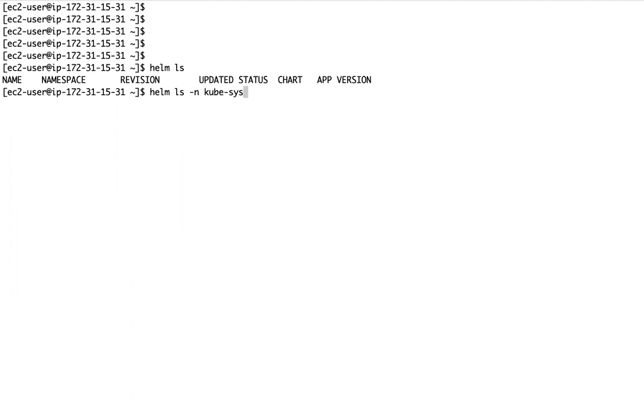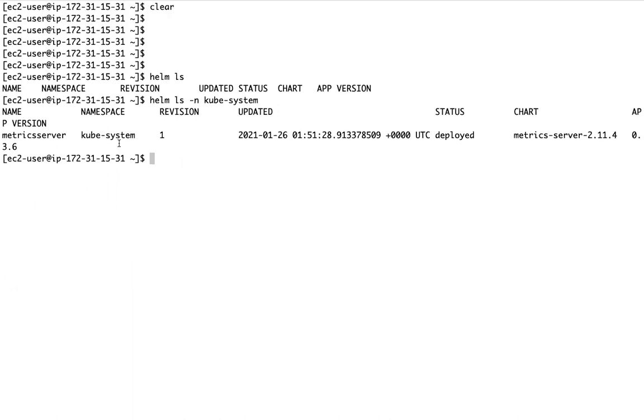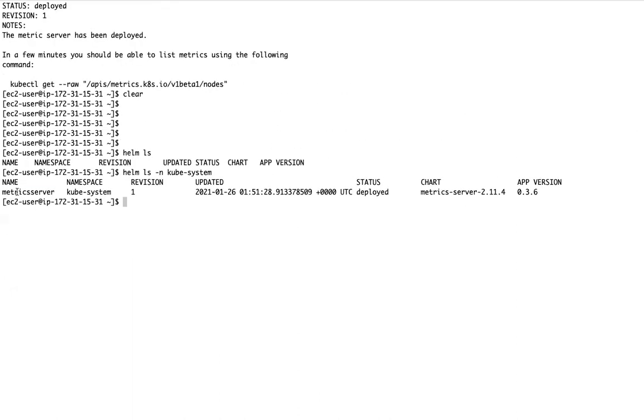I installed that in the kube-system namespace. Do you see one application is deployed using Helm? This is my name, what I have given, application name. Under this namespace, status is deployed. This is the chart.